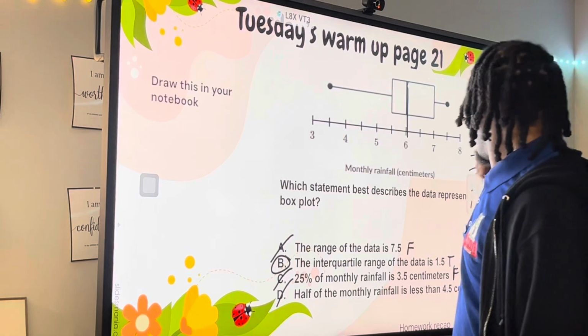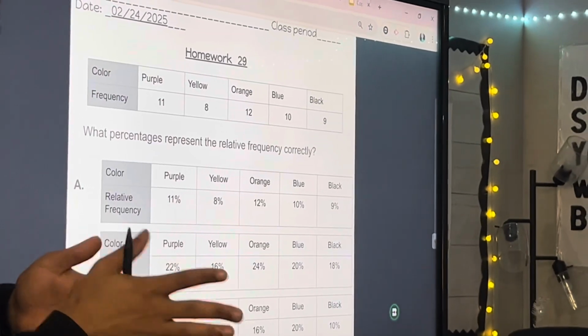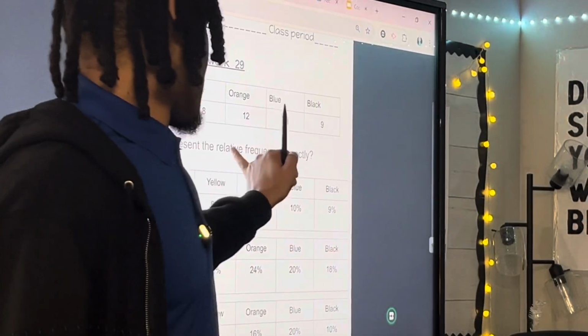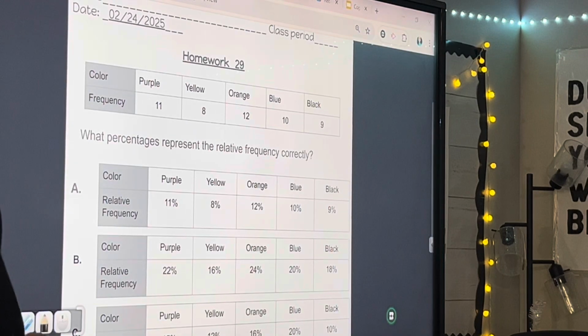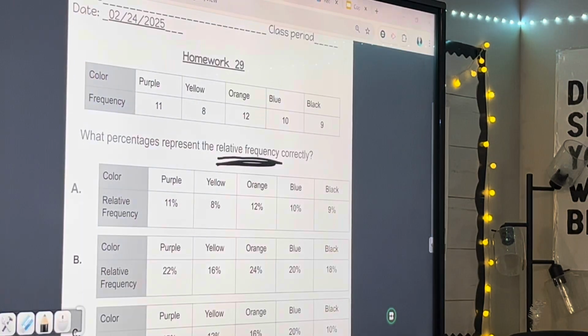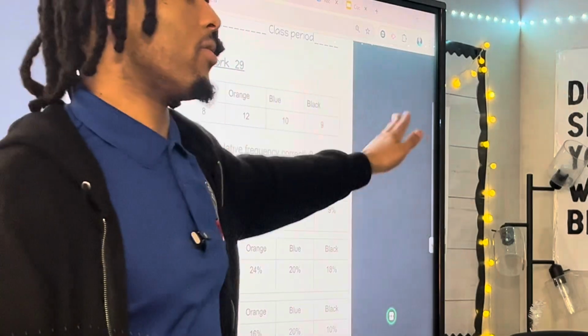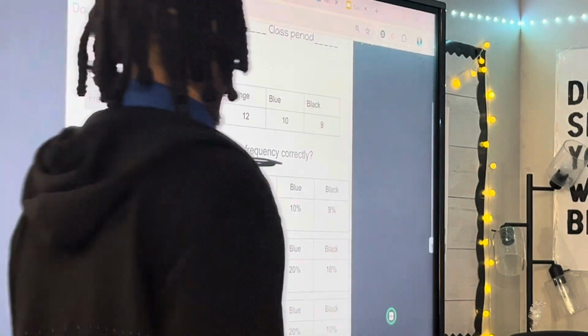Any questions? On our homework last night, the question asked us what percentages represent the relative frequency correctly. Relative frequency. Once we see relative frequency, what should be the first thing we do with our frequencies? Add them all together, right? So we got,